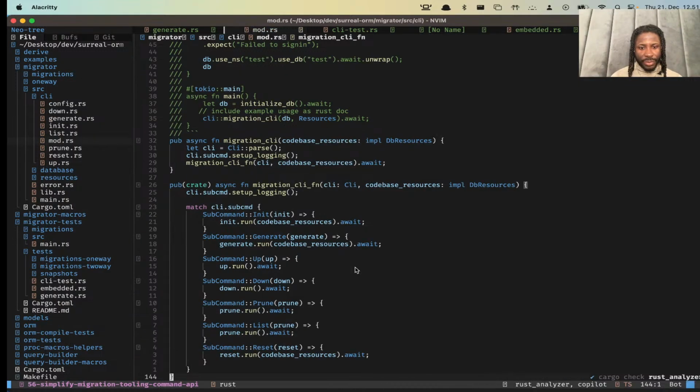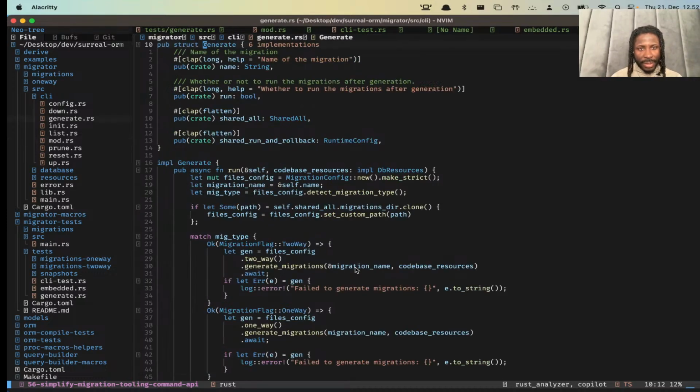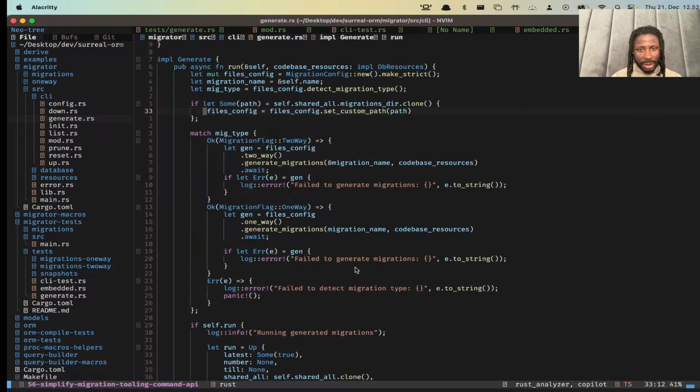Then the next thing we're going to do to make our lives easier is there's a place where I'm prompting, and I believe it's in generate. So for example, if you're running generate, and I can show it to you guys. If you're trying to do generate and it's an empty file, it's going to prompt you: do you know this is an empty file? Are you sure you want to generate an empty file? So let's go there. And as you can see, if we go to this generate function,